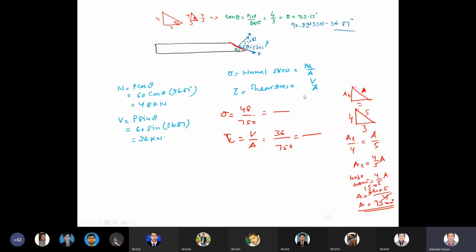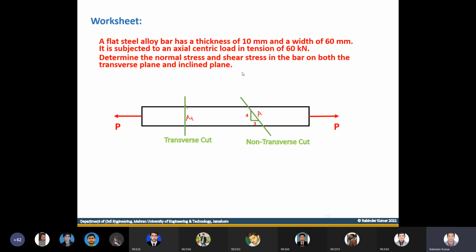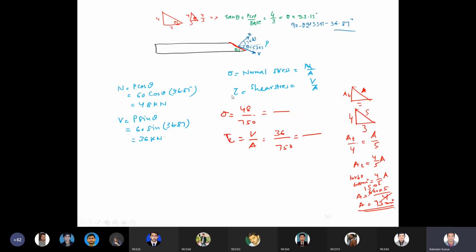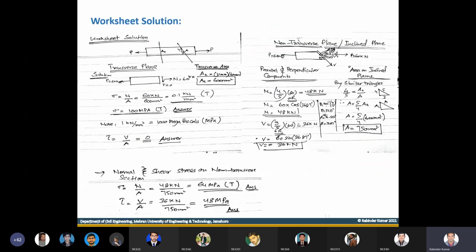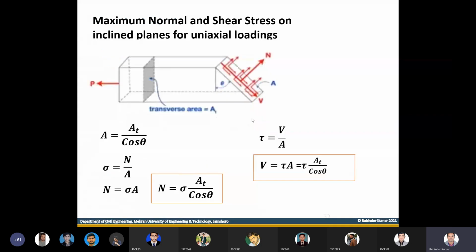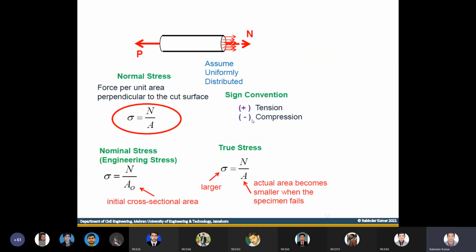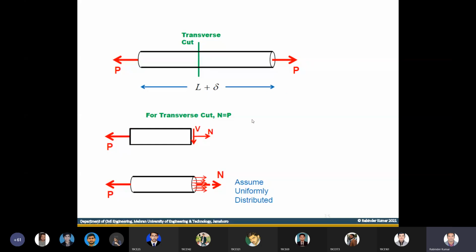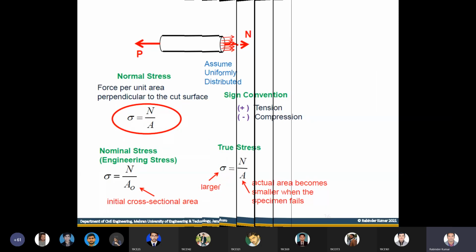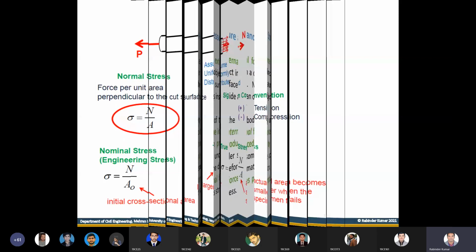So this is how we find the stresses. Okay, so the solution is also given to you. You just need to repeat it. If you are again unable to understand, you can ask me. So leave these things for a while, because I will explain in my further classes. Okay, so what's the difference between stress and pressure?